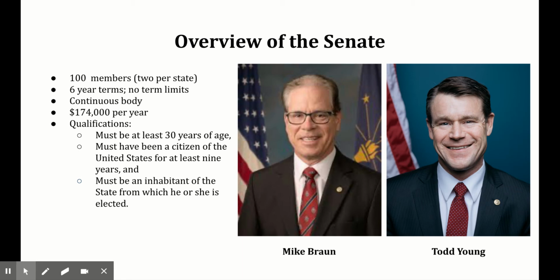It's the more prestigious body or chamber of Congress, if you will. There are 100 members, two per state. And if you recall from Unit 1, we talked about the Great Compromise. This is the equal representation aspect of that compromise. They serve 6-year terms and there's no term limits, and they are what's known as a continuous body, which means